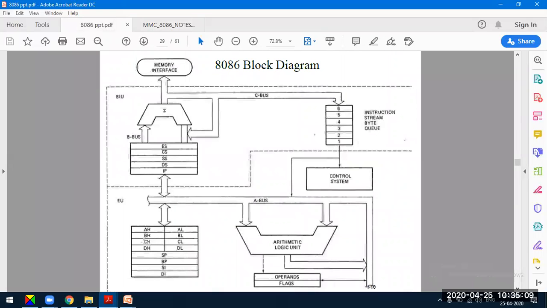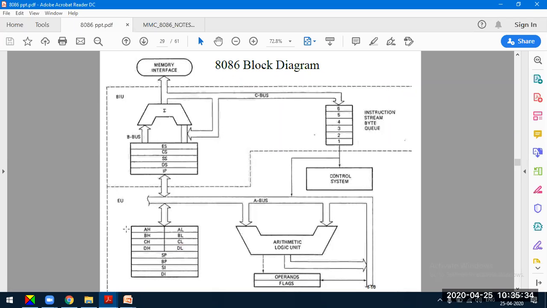Next, we have CX, which is divided into CH and CL, and DX, which is divided into DH and DL. It's just like in the 8051, where there are only two registers, A and B. In the 8086, there are four registers, called A, B, C, D. Out of these, A stands for accumulator. B, C, D are just the names of the other registers.